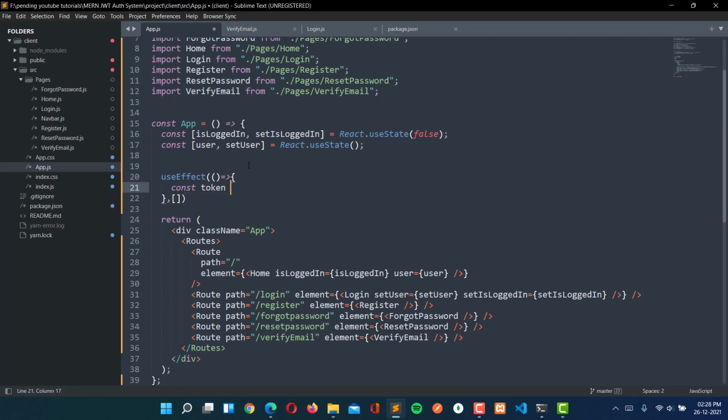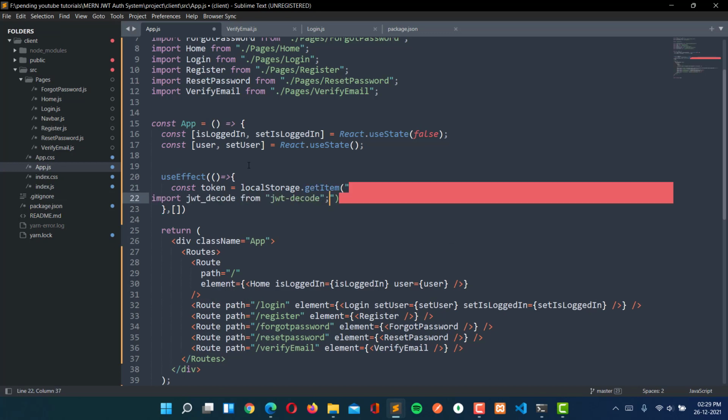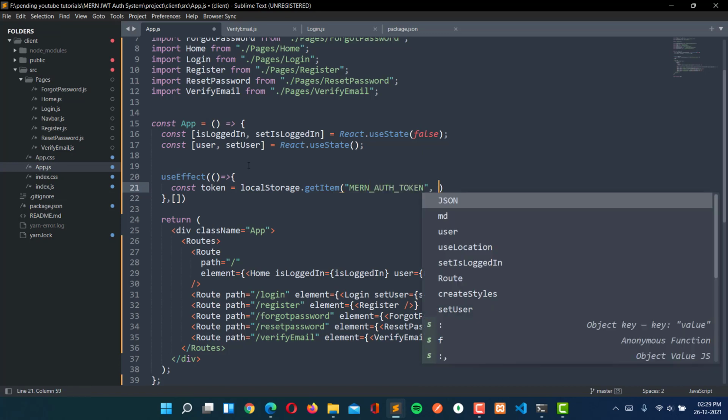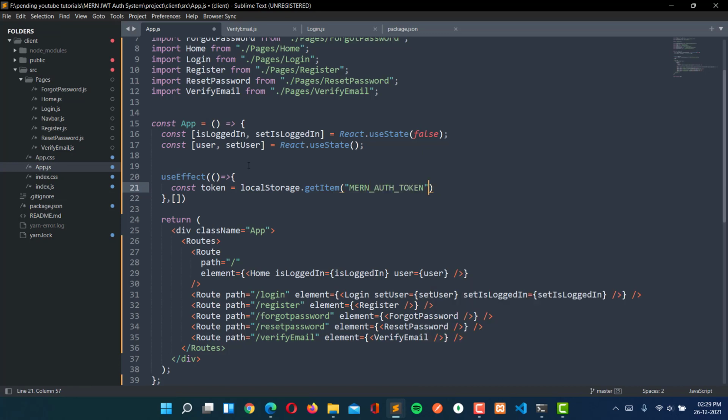Token is equal to JSON, localStorage.getItem. So we are going to get the item, and the item is this, that is mon auth token, and then we are going to